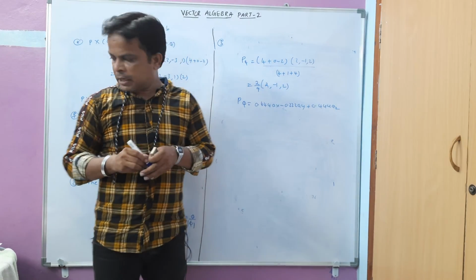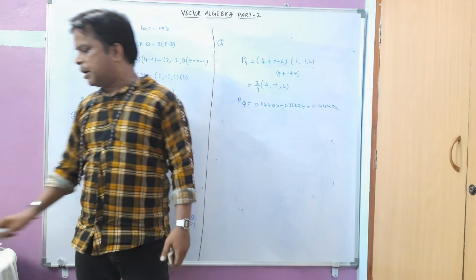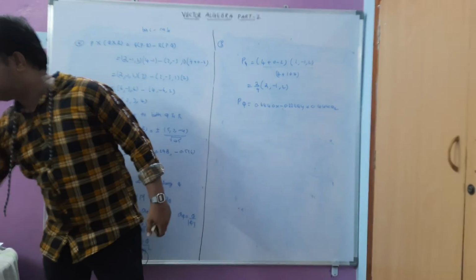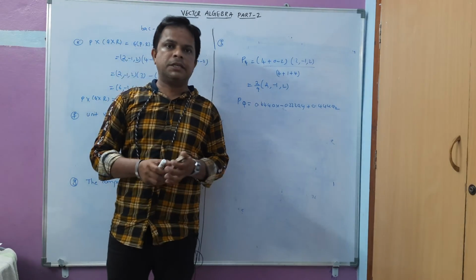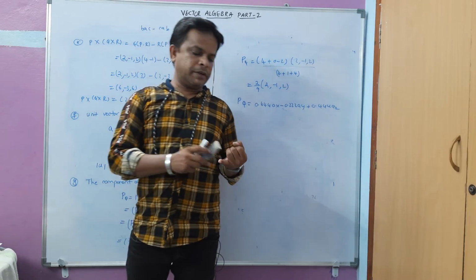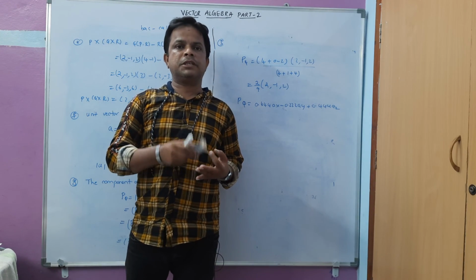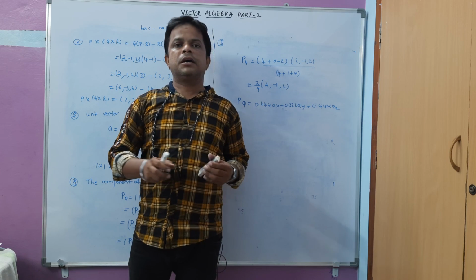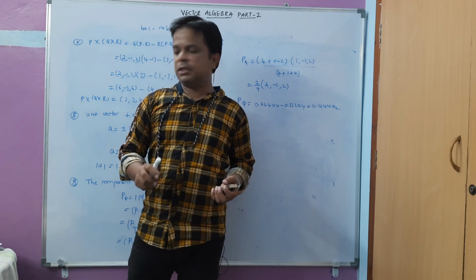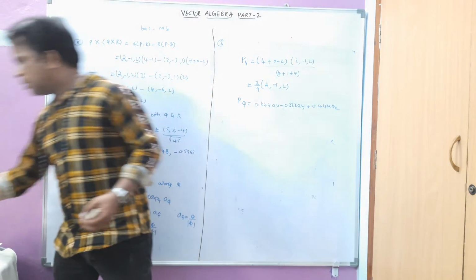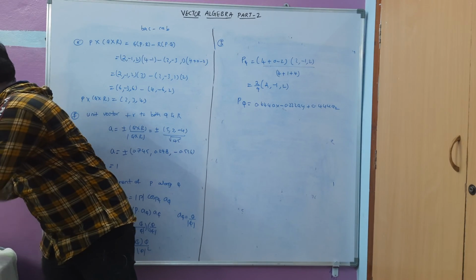So in this lecture video I hope we have completed all the vector multiplication, that is vector dot product, cross product and the component of the vector, that is scalar projection and vector projection, and we have seen the problems relating to this. So hope you understood all these concepts here.